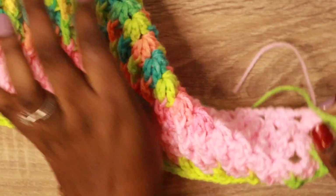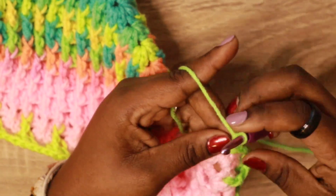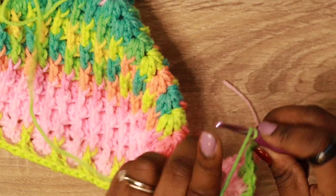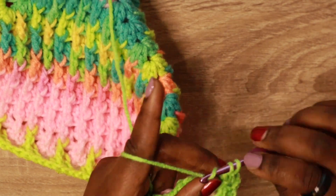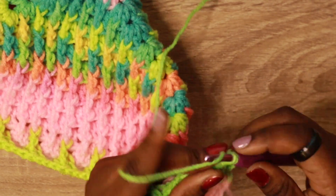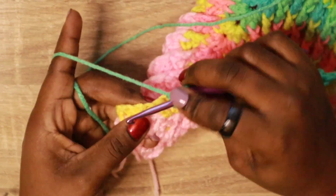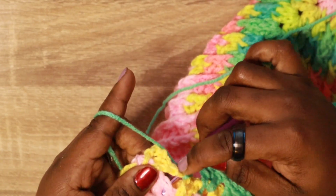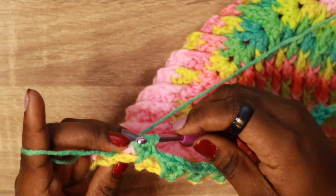and then finish it off. Now you're going to turn your work in, and for row 4, you are going to chain up 3. 1, 2, 3, and then all you're going to do is reverse mosaic granny cluster all the way down until the end, and then I will show you how to finish off row 4, and I will meet you down there. Okay, so I am at the end, and I have one more chain 1 space I have to work into,